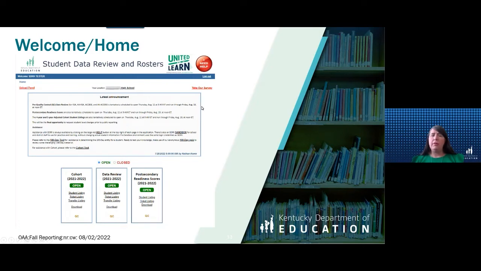And then you also have the Sandbox, which is a Sandbox version of SDRR. You always want to do your trainings for your schools in the Sandbox version. You never want to do any trainings in the live version, and it'll always say Sandbox on the screen to let you know that you are in that training session for SDRR.